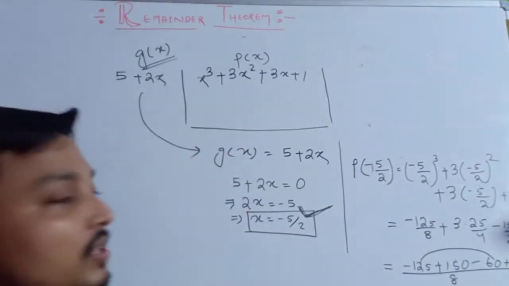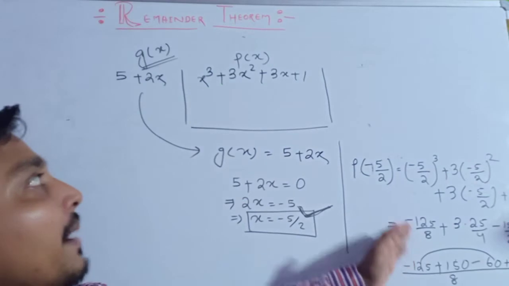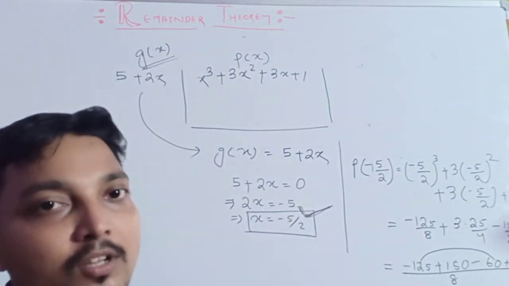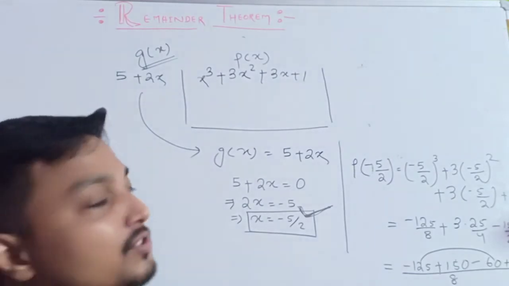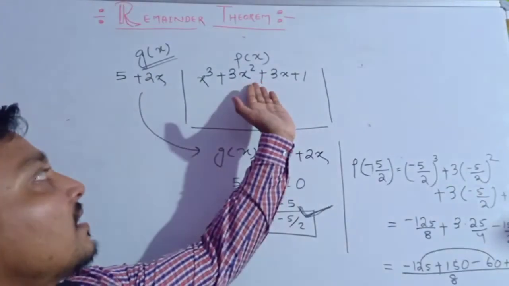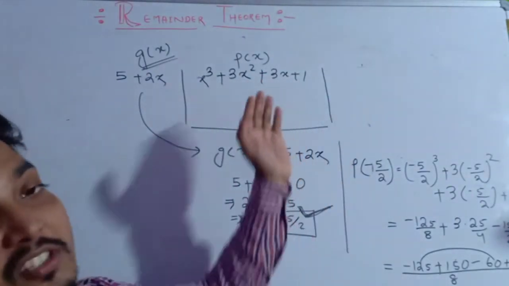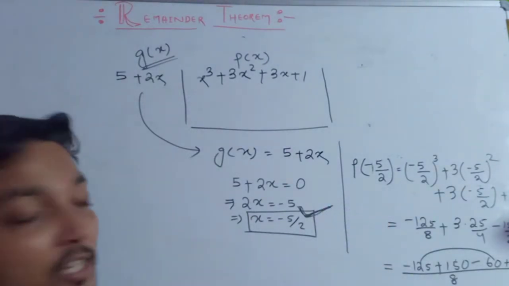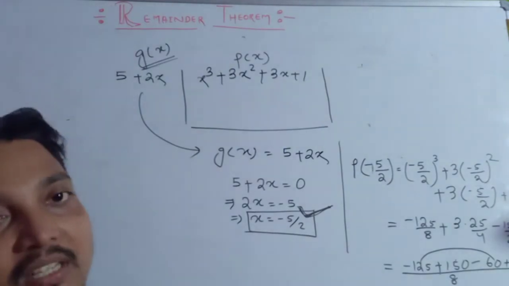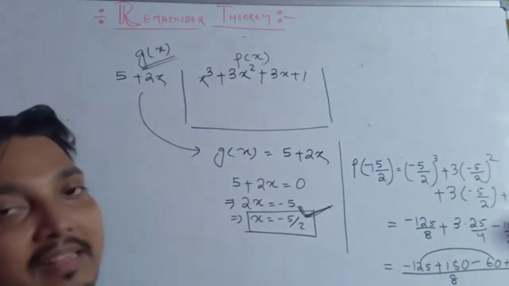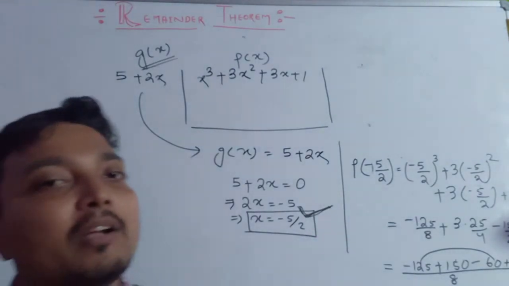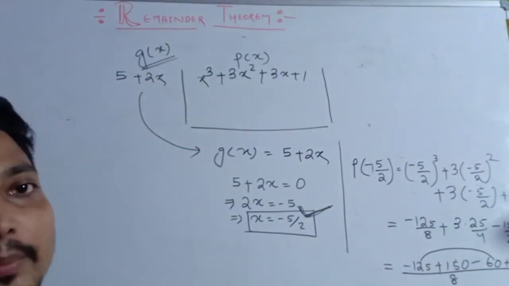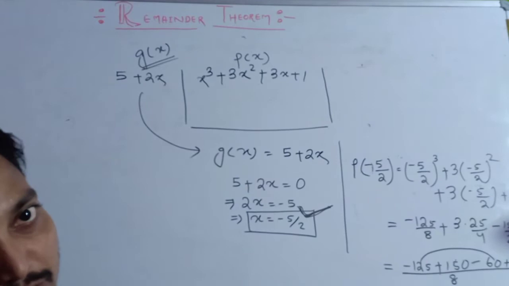Suppose you do the same thing by the long process of division, it will take much more time. Suppose one of the students is doing it step by step using long division. But in this method one can find it easily. So in competitive exams this question comes and all the students do it this way. And remember, this formula is applicable only when the divisor is a linear polynomial. Is it okay? Everyone understood perfectly?